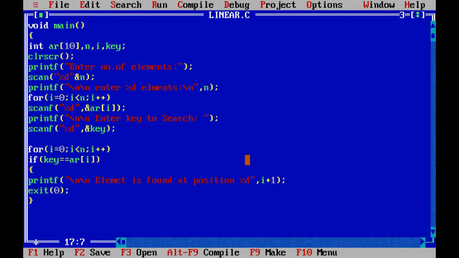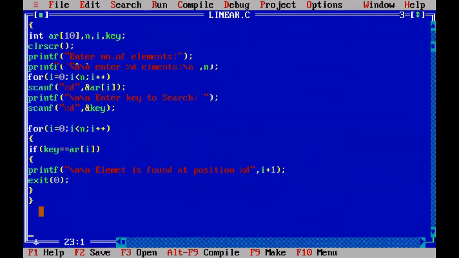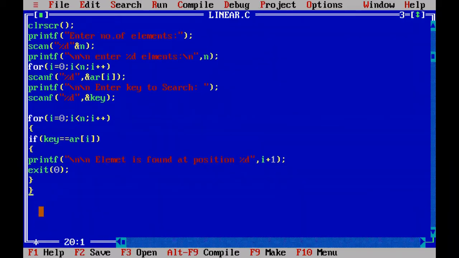If the element is not found, then what will happen? If the element is not found, then the if condition is not true, then the exit 0 function is not executed. You will come out of the for loop after i variable is 9. When you come out of the loop here, that means none of the values are matched with the key.